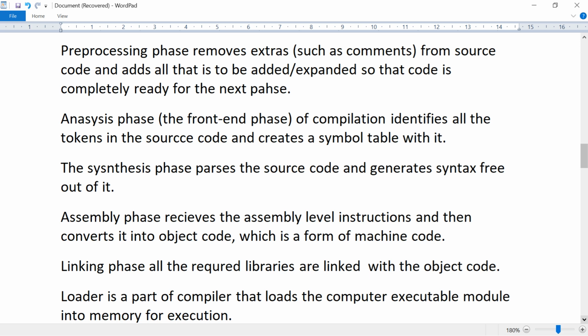During both these phases of compilation, if violations of the syntax or semantic rules of the programming language are found in the source code, the compiler generates an error with the line number of the source code. At the end of compilation, all the errors found in the source code are listed with line numbers.